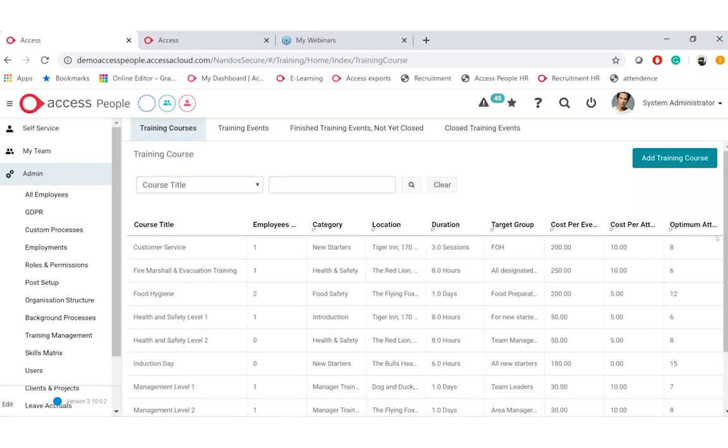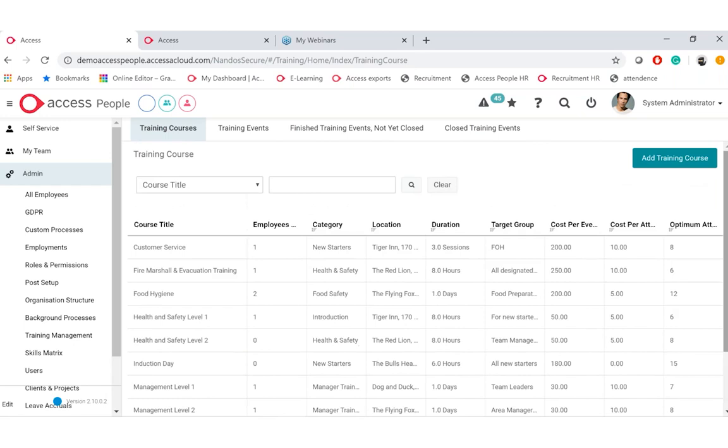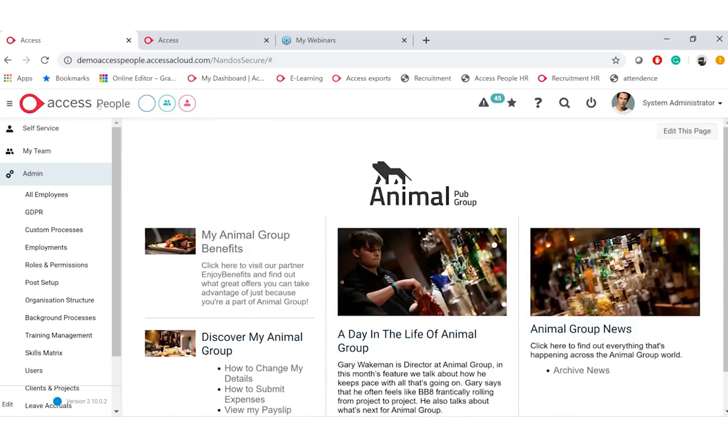The system, when it's through self-service, is actually mobile responsive. So the employees can see all this on their mobile phone, and they can also see any training notifications they've had, and they can also update any bank details, because as you know, that's important for them, because we already looked at earlier that we're trying to home in on that mobile workforce.